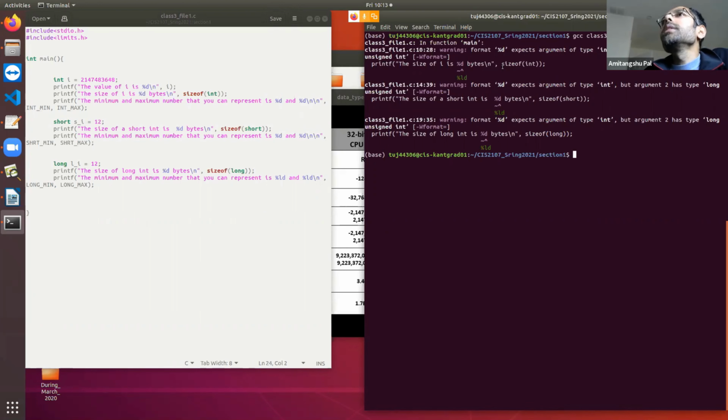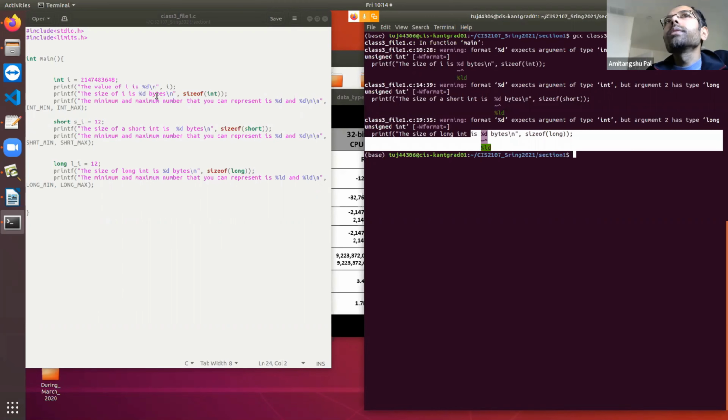So what it is saying is that the sizeof function is basically returning a long integer instead of just an int. Okay, sizeof is provided by your compiler, and it by default returns a long integer. All right, so that's how it is expecting %ld instead of %d. This is the same warning that it is showing in all these 3 sizeof calls.